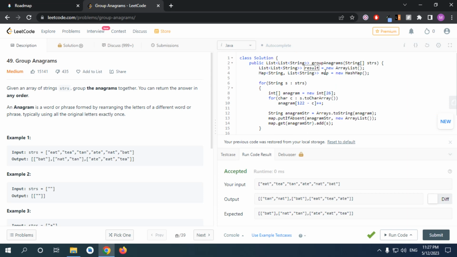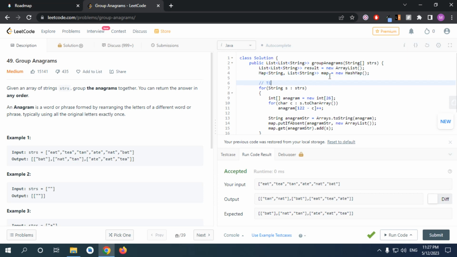So basically we have O of n for the map, and we have also O of m, which is the number of groups we have, which consists of all those kind of variables. So just to make a recap, time complexity